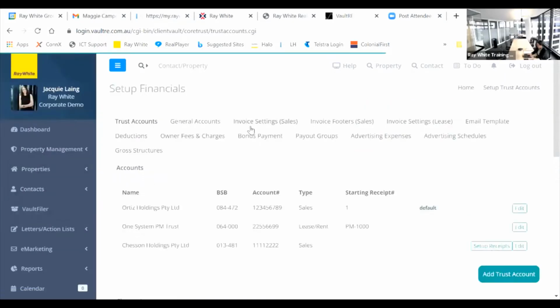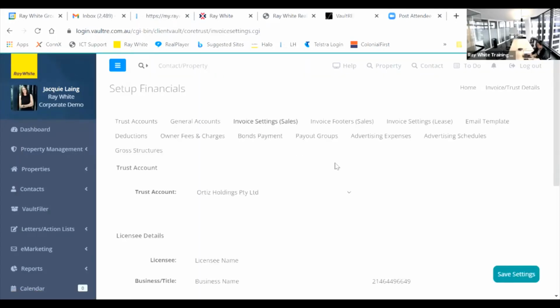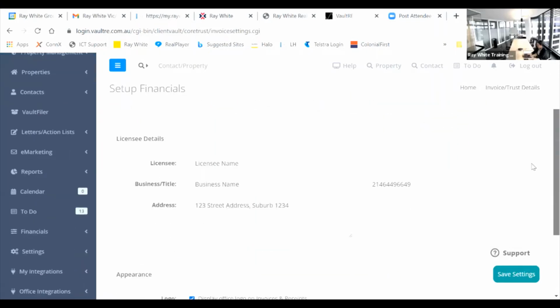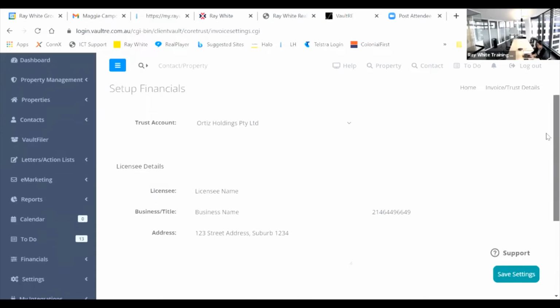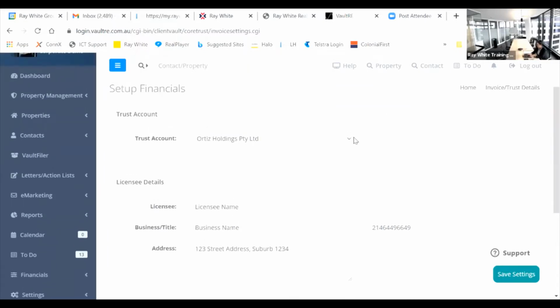and I'm going to touch here on the invoice settings and sales. So this is where you'll have your trust account, and the system is going to show the licensee details, the business name, ABN, suburb, etc., for your receipts that are going out. So it's really important that you have the correct details in there so that they print as expected on your receipts